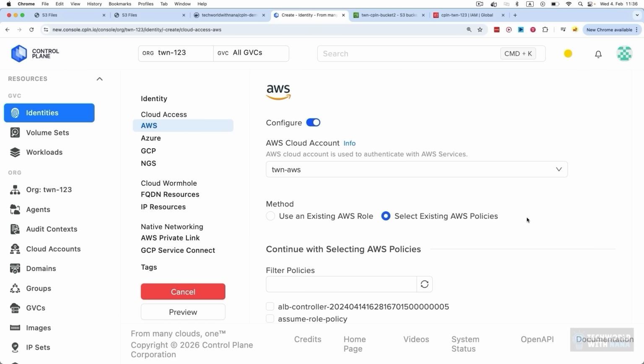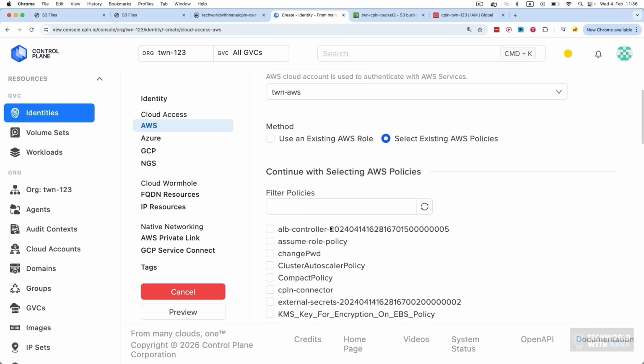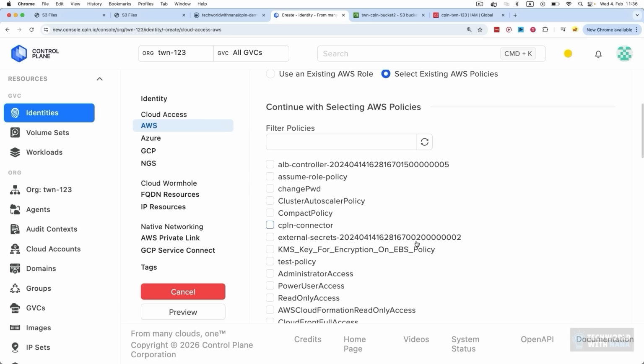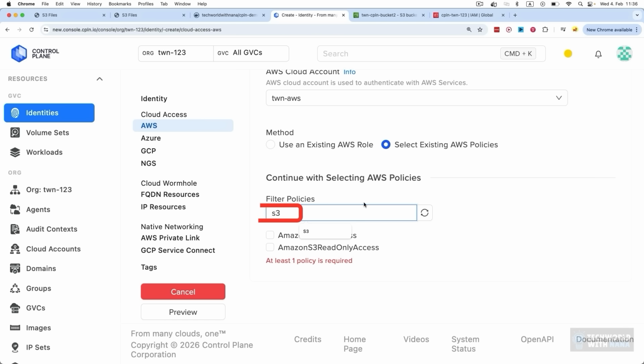And obviously we want to say what permissions does this identity have, what can it do in this AWS account? And since control plane has permission to list all the policies and roles, we can search the ones managed by AWS directly here. And let's search for S3 bucket because that's what we need. We actually simply need read-only access because we're just listing the files. And again, you want to give as little permissions as possible.